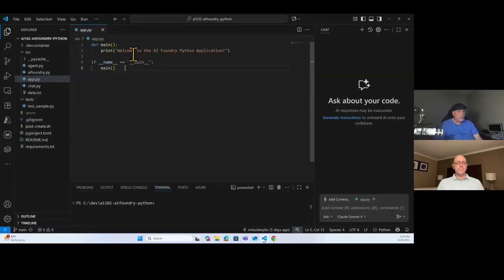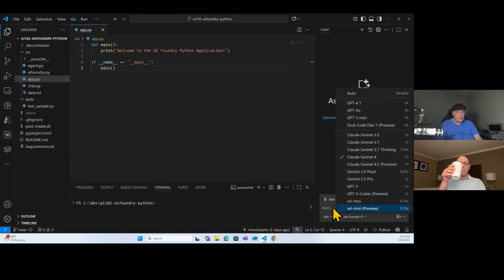So this is using the inline, inside your code editor command here, but you can also come over here to the chat window, and notice in the chat window there's 3 different modes. You can do ask mode, edit mode, or agent mode. So we'll talk about what each of those are for, and you can also select which model is being used for the chat window. So ask mode is